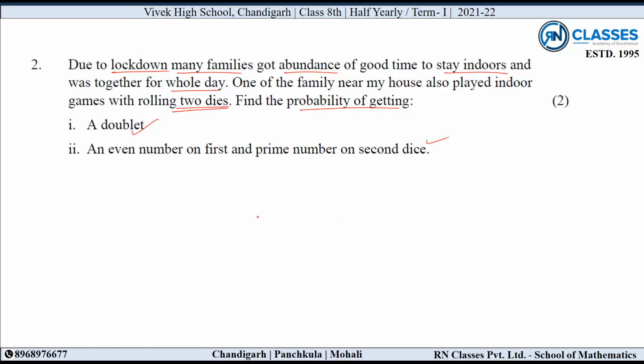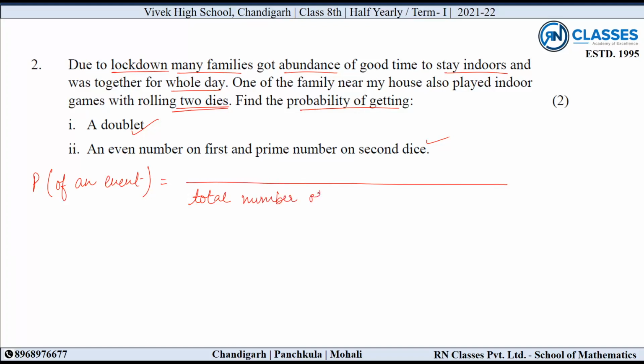Now, probability of getting a doublet. First of all, let us write the probability of an event. What is the probability of an event? The probability of an event is the total number of favorable outcomes over the total number of possible outcomes. If I get the total number of possible outcomes and the total number of favorable outcomes, my problem is solved. Now 2 dice